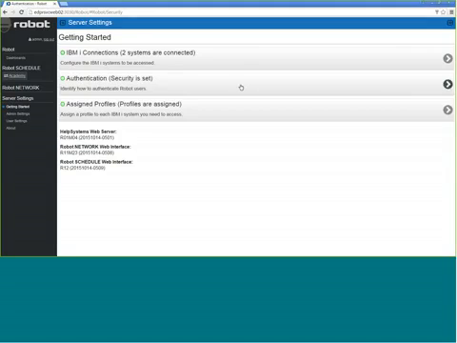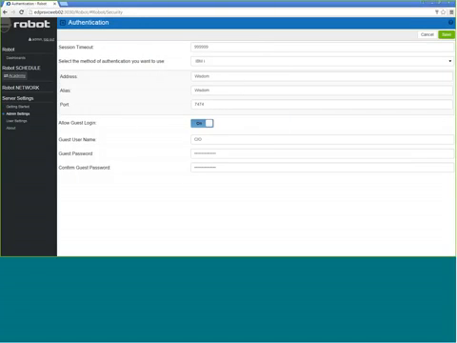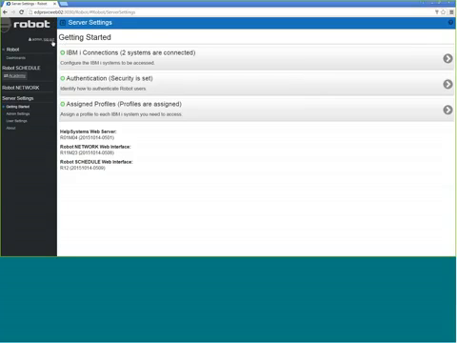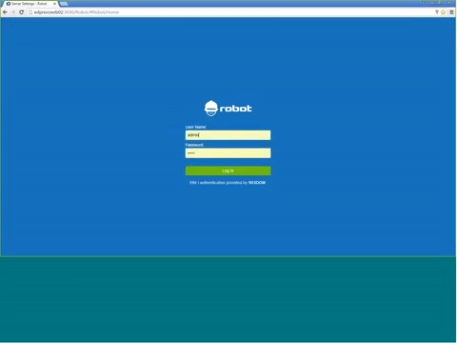Also, let's take a look at authentication. As I mentioned, we're authenticating to an IBM i. You could also use LDAP. And this is also where you'll be setting up your guest login. So you can see we have a guest login called CIO and a very top secret password that we'll only share with the CIO. And that gives the CIO functionality. Let's take a look at that. The functionality there